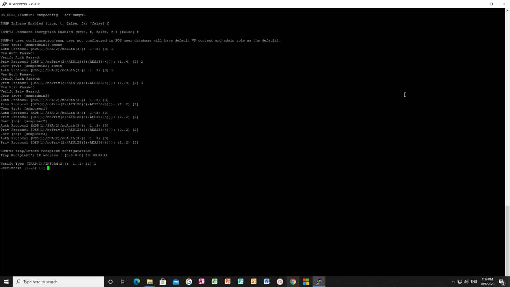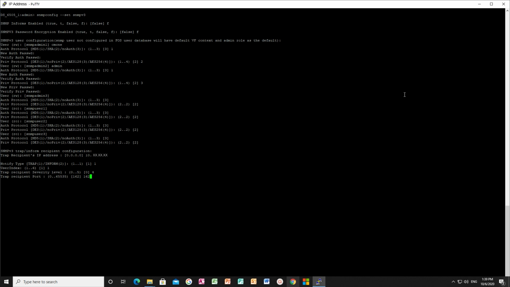Enter 1 to receive traps or enter 2 to receive informs. The trap recipient must be associated with one of the above configured 6 users of SNMP v3. In this case, the trap recipient is associated with the user index 1, which is the CMCNE user.